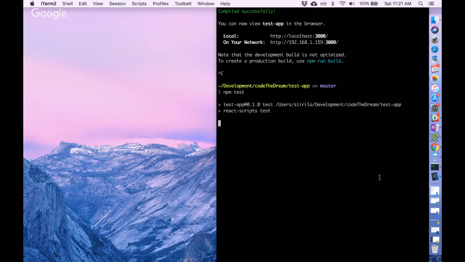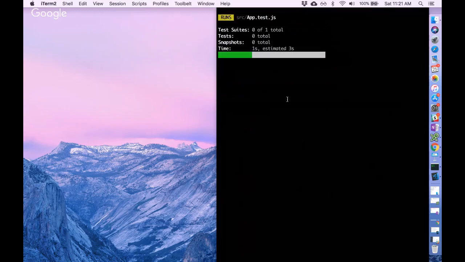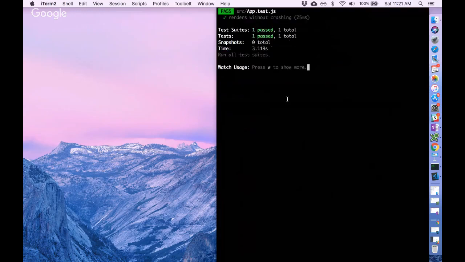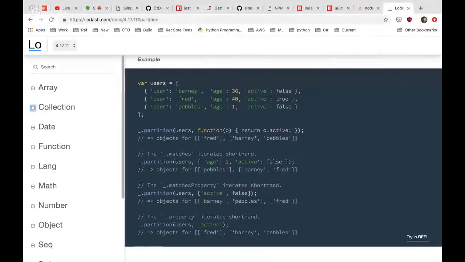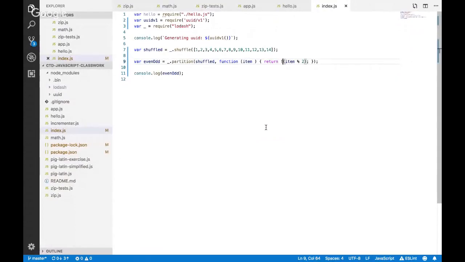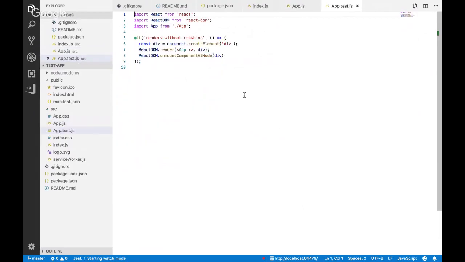Okay, well, it also said I could run npm test to do a test runner. Let's see what that does. No tests found related to files changed since last commit. Let's just run all the tests. So this here is actually, let me go see the code that we have for this one. This is actually running this app.test here,